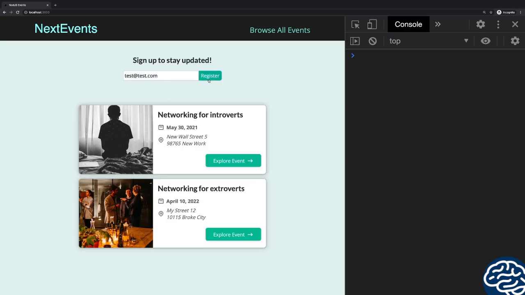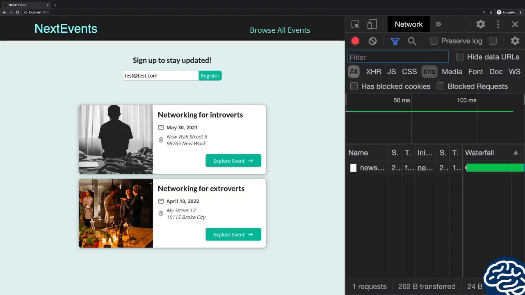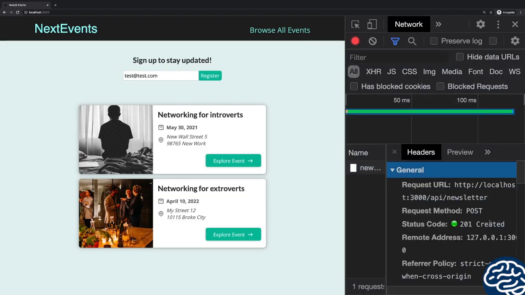But if I do enter a valid email address here and I click register, that's looking good because I'm printing that response data here, which says signed up. And in the network tab, we also see that this request was sent successfully and that we got this 201